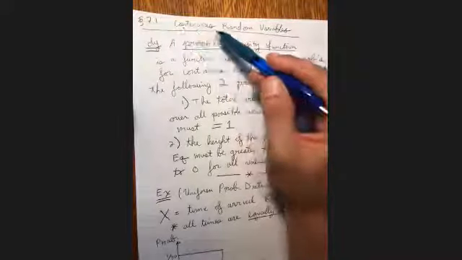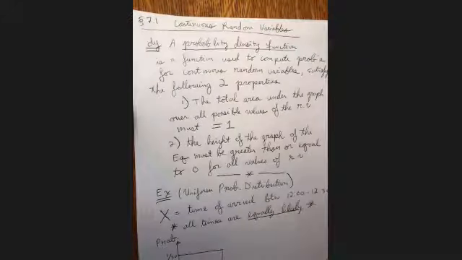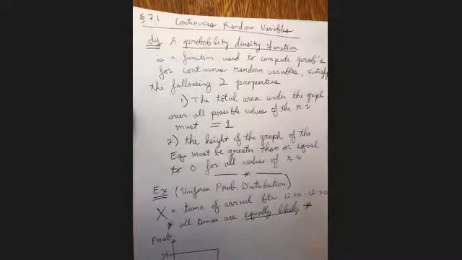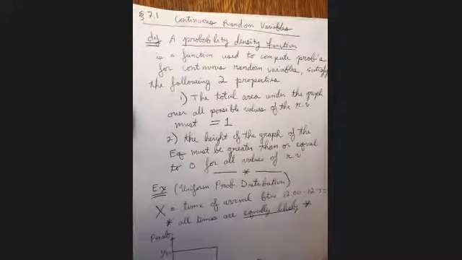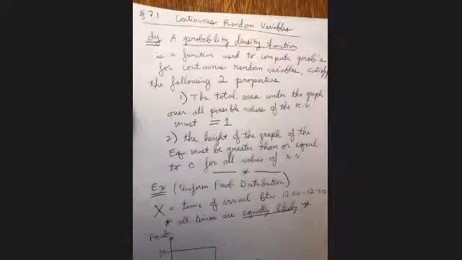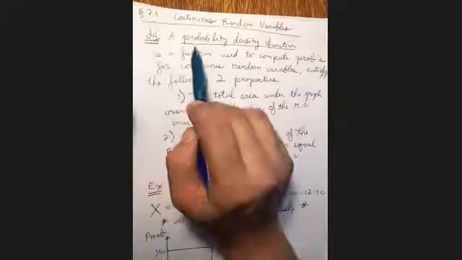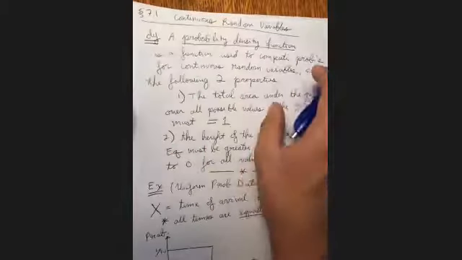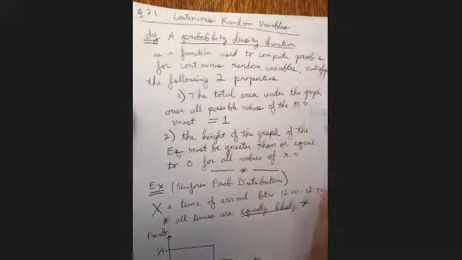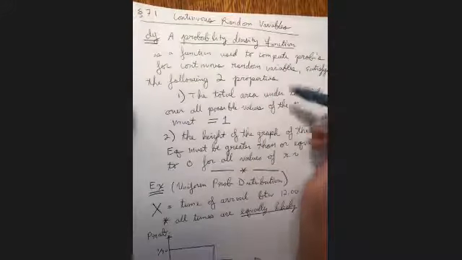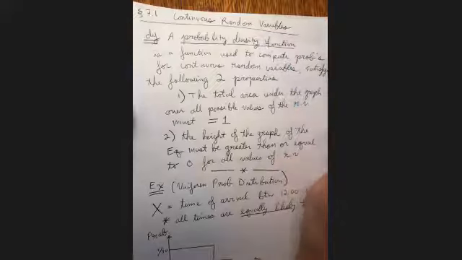So as I said, we're talking about continuous random variables. So now we're not just dealing with discrete sets, but continuous sets. And so everything that we talked about in the context of discrete versus continuous previously in the class applies here, okay? So the first definition we need to cover is what's called a probability density function, okay? So we had a probability distribution function for the discrete case, but now we'll have a probability density function in the continuous case. So it works just like the PDF that we learned about for the binomial distribution, except now